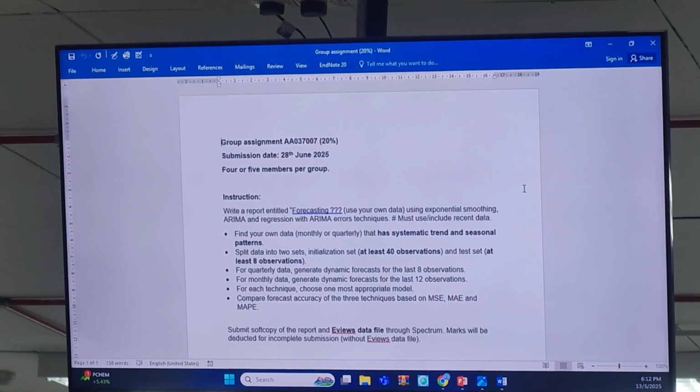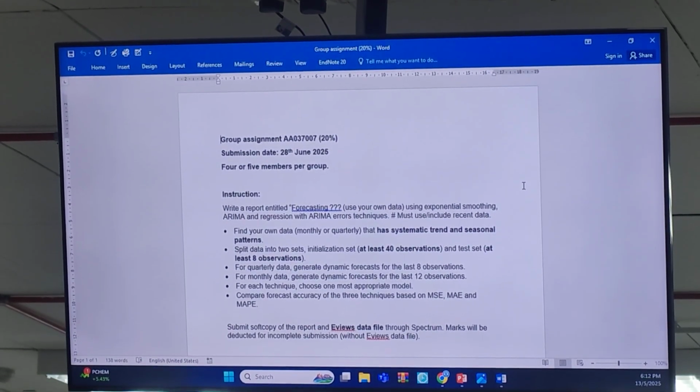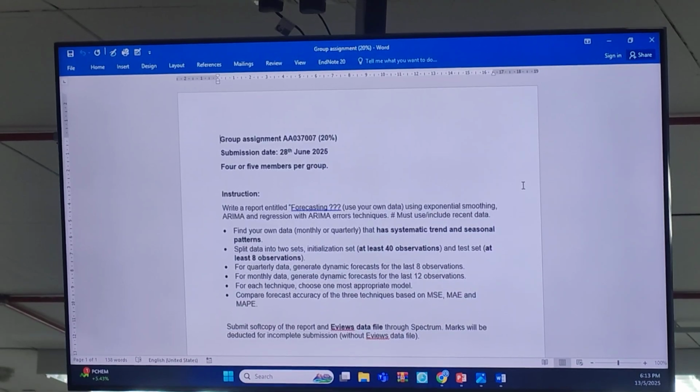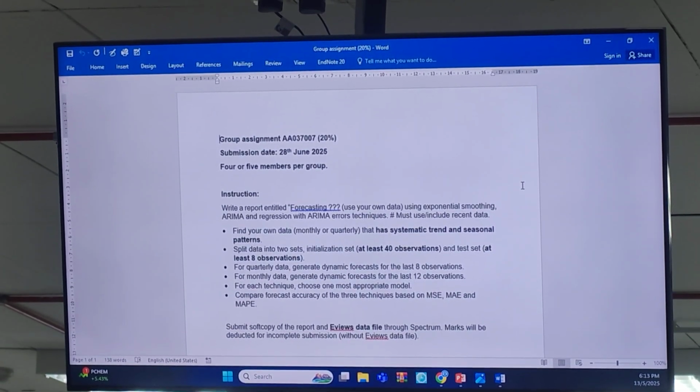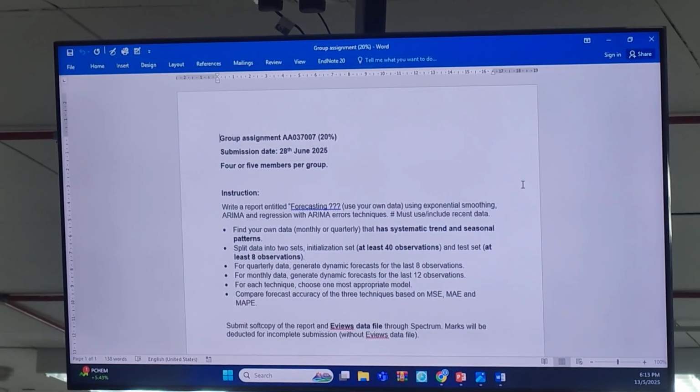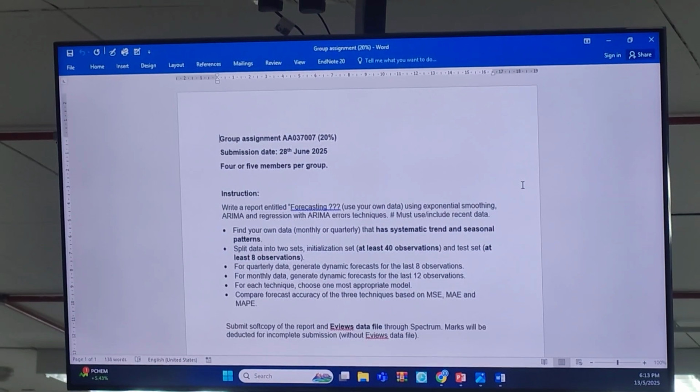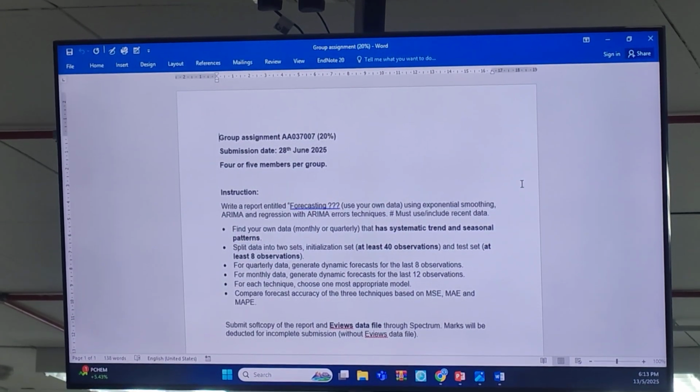So we haven't discussed ARIMA. Next week we will discuss forecasting, forecast of ARMA model, and after that we discuss ARIMA. When the series is not stationary, then we have to apply differencing, and then we use ARIMA, autoregressive integrated moving average. And then after that,